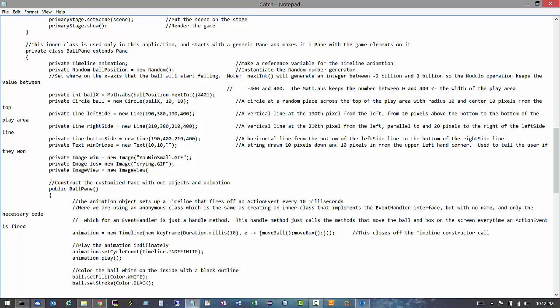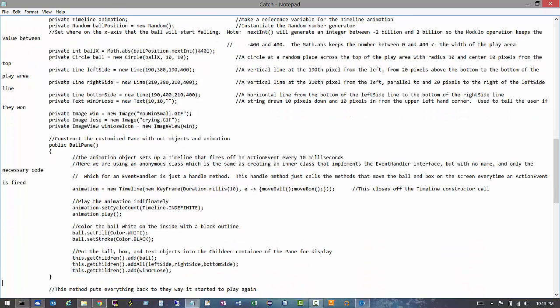We'll call this one lose. And we'll call this win-lose icon. And we can just pass it the image. For now, I'm going to just throw in the first one. And then we need to add that